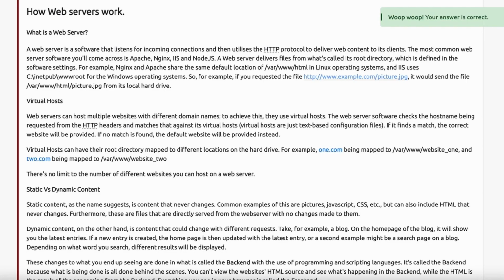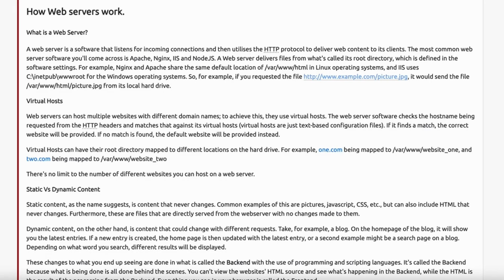So on this last section, we're looking at how web servers work. And if you've been watching along this series, then you probably know all about web servers because we've been talking about them the past several episodes. However, if you haven't seen those yet, definitely check them out. But what are web servers? They are literally the server that is responding to your requests and getting you the information that you require.